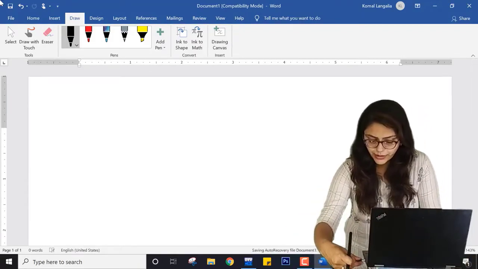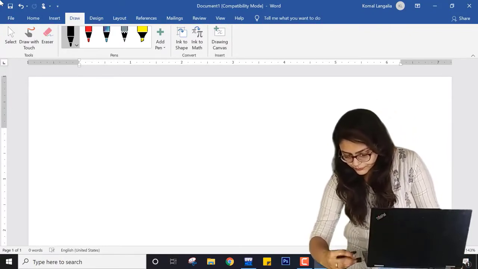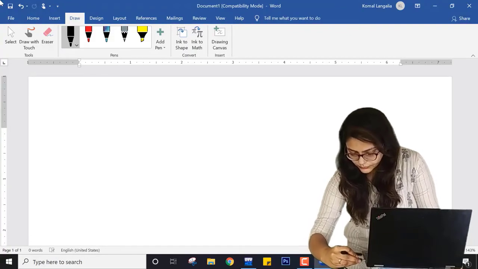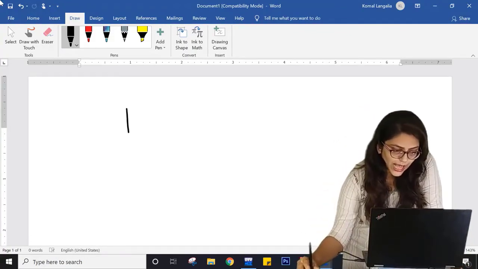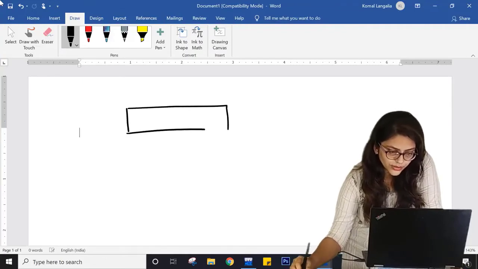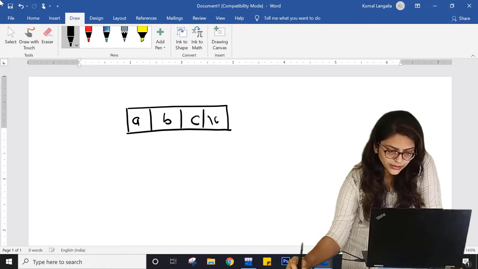Whenever I am comparing two strings, what is happening? Suppose I am taking the first string as A, B, C.